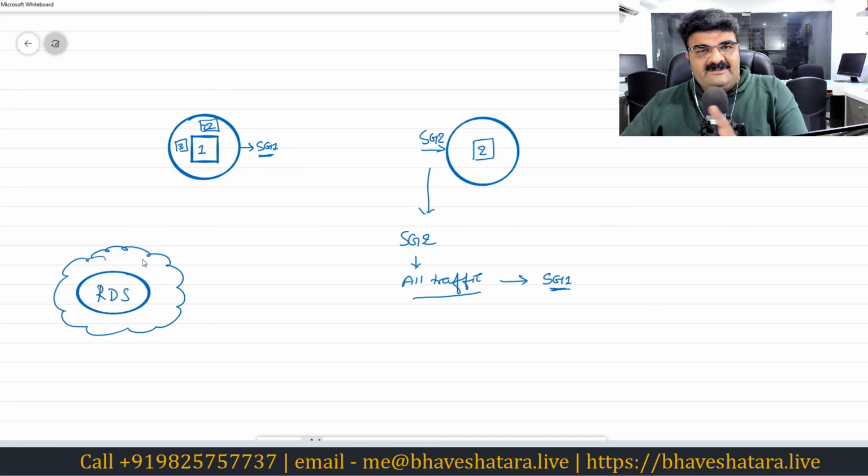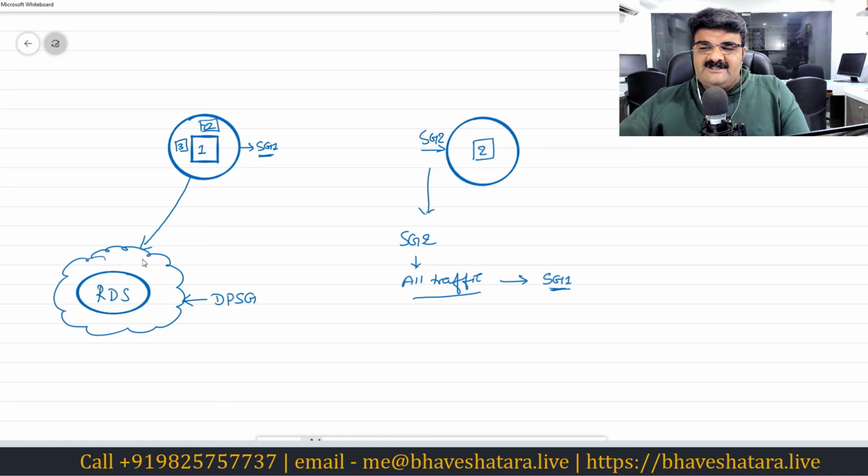Whenever you create a database, there will be a security group which is used to protect this database. So here I'm having a security group like a data protection SG. I'm having this DPSG group which is used to protect my RDS. Right now I want to make this RDS database very secure, and I want only instances 1, 22 and 3 to be able to access this RDS.